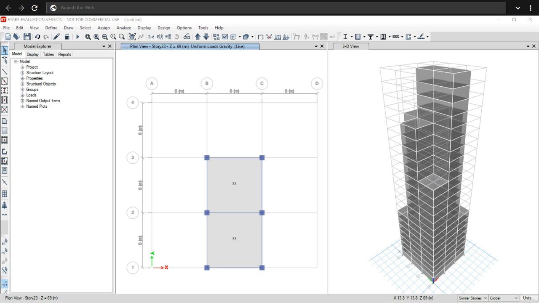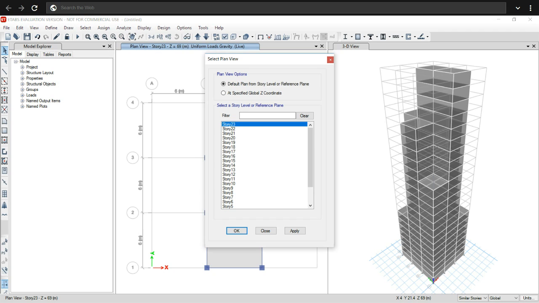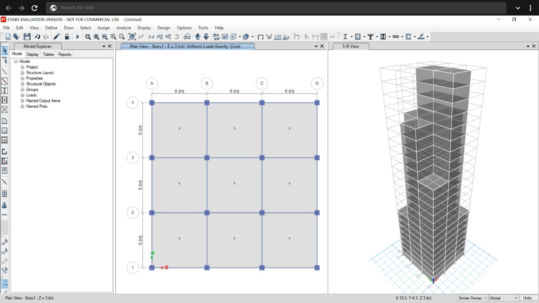Then we will assign cladding load for the different story. Then go to story 1, OK. Now select only the outer beam. Make sure that the 96 frame selected.